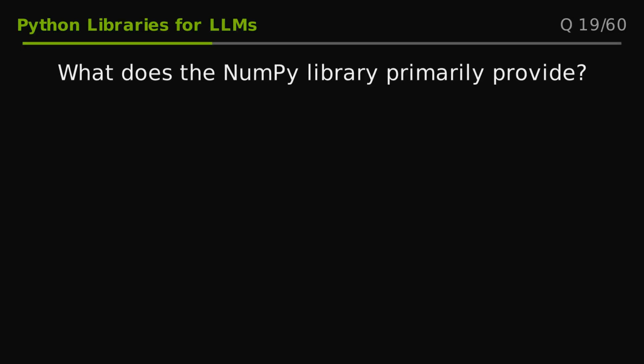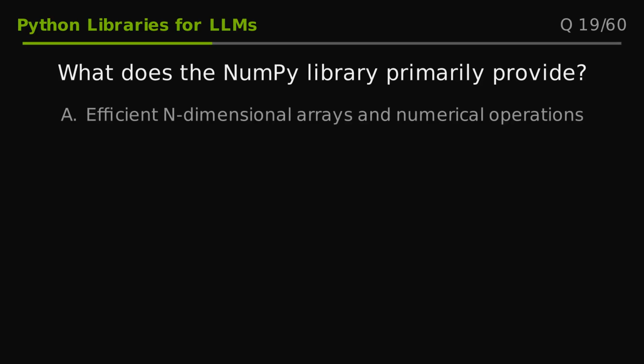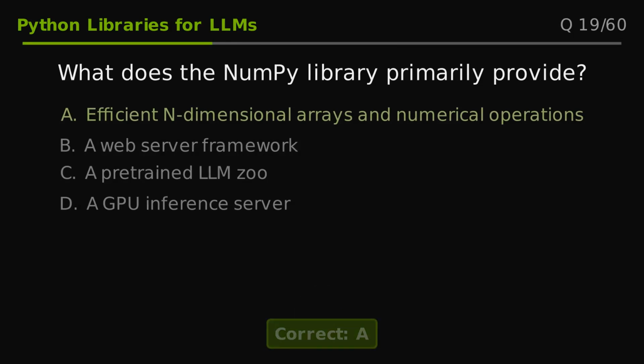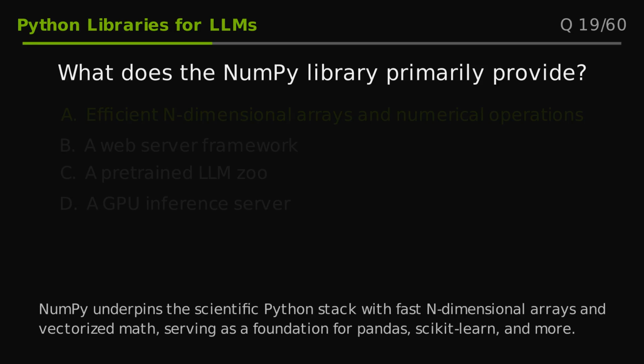Question 19. What does the NumPy library primarily provide? Option A. Efficient multidimensional arrays and numerical operations. Option B. Web server framework. Option C. Pre-trained LLMs. Option D. GPU inference server. The correct answer is A. NumPy underpins the scientific Python stack with fast multidimensional arrays and vectorized math, serving as a foundation for pandas, scikit-learn,